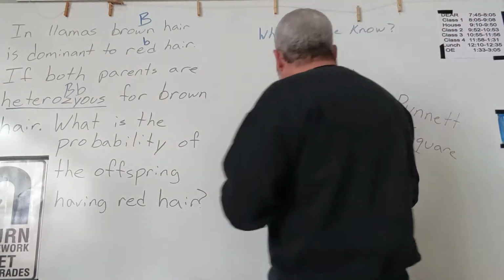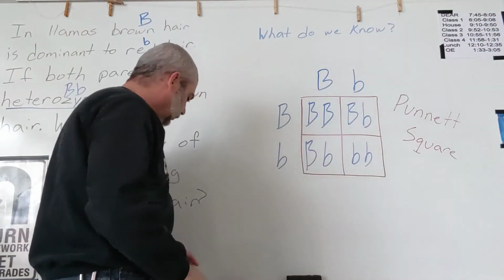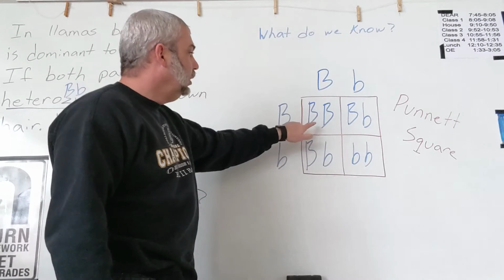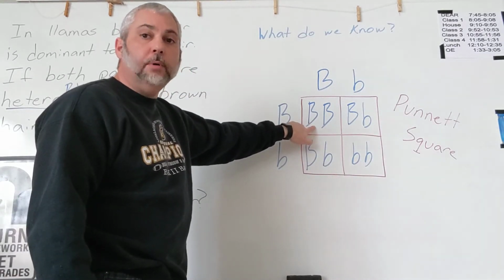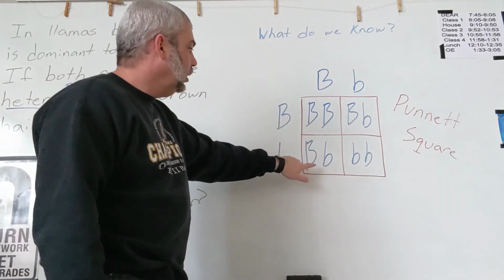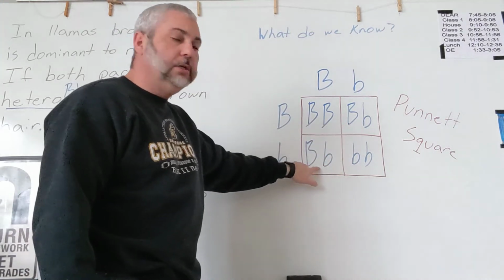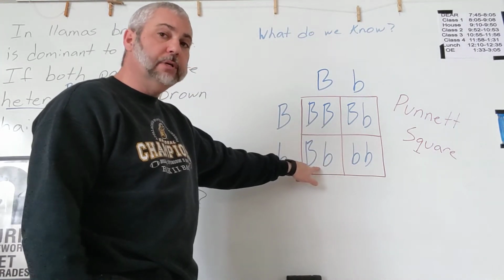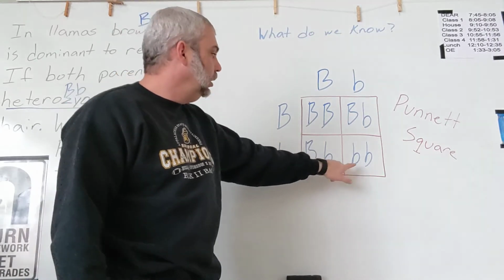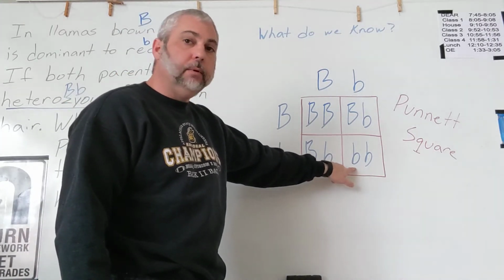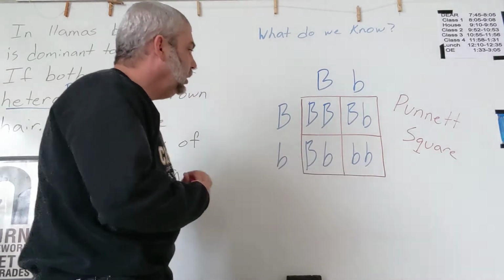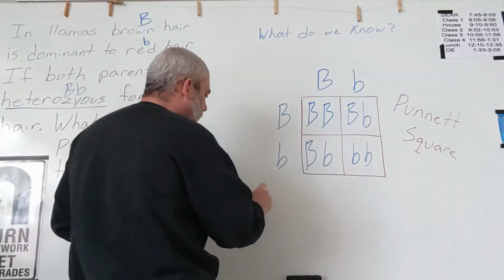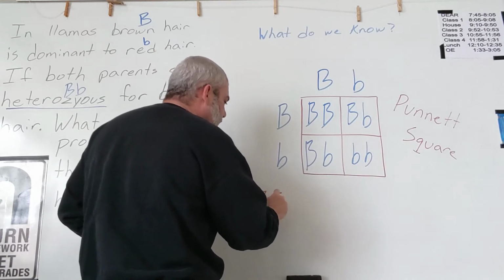And so now, when we look at the results, we have one box, 25% is homozygous dominant. We have two boxes, so 50% is heterozygous dominant. One box is homozygous recessive. And so we can write that as 75%